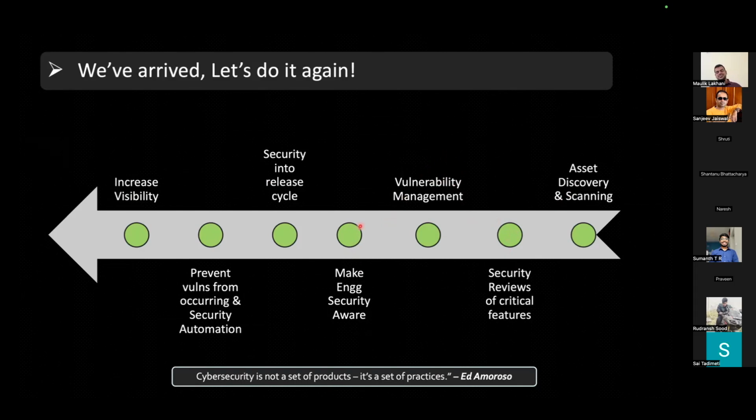You keep making your engineering aware. You keep taking those trainings, workshops, focus CTF, focus activity. You keep building your relationships because people will keep changing. Engineering managers will come and go. Lead developers will come and go. Developers will come and go. So you need to do it again and again for people and also for those asset types.